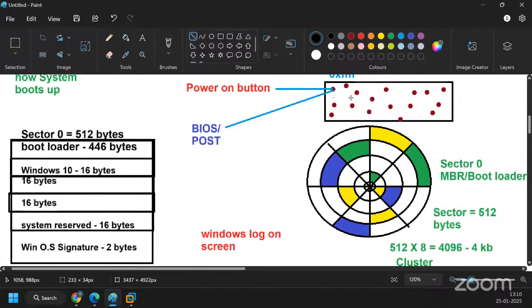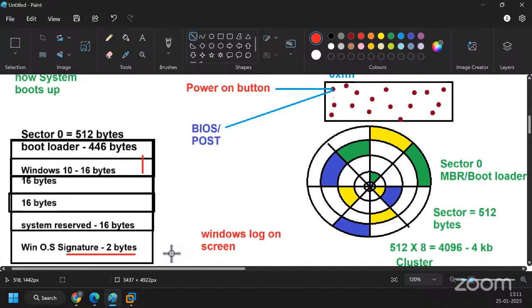What it will be doing is the control will be passed down to our hard disk, and inside of it the bootloader will come into the picture. It is going to check the operating system that has been installed inside of our system. After finding out the information about the operating system, it is going to check the operating system signature to make sure that it's a legitimate operating system,